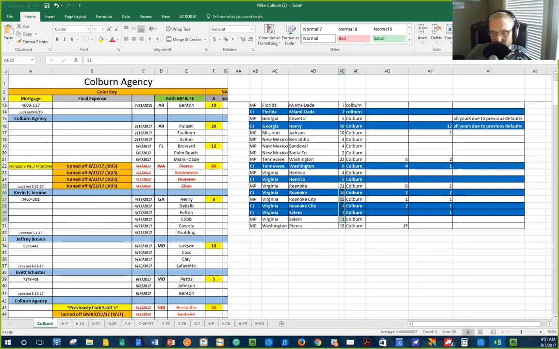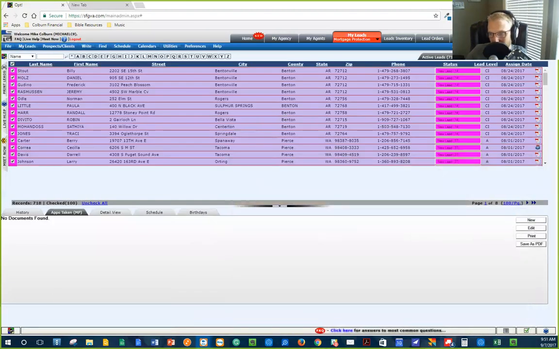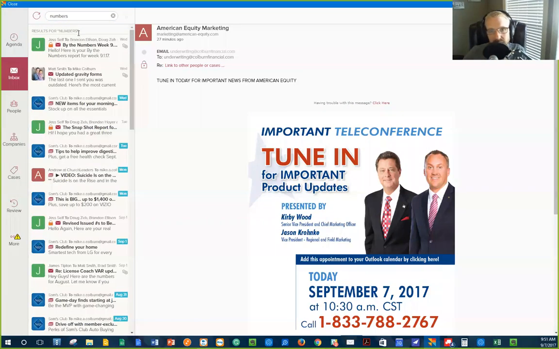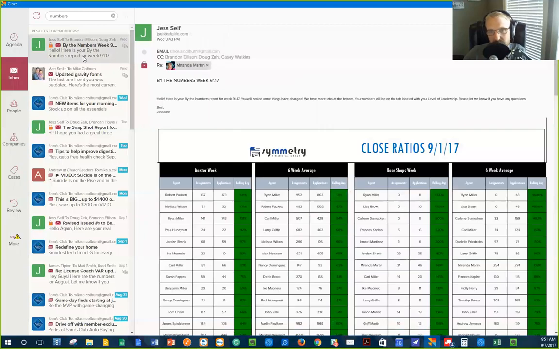Okay. I want to show you one other part of this, and this is important to kind of show you. Let me find it. Okay, by the numbers. So this is something that you guys probably have not seen, okay? But does anyone know what the closing rate is that you have to have in order to be able to buy A-leads? Does anyone know what that closing rate is? You get a free pat on the back if you know what it is. Chris, you don't get the answer.